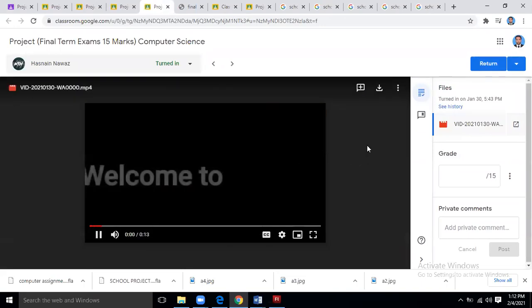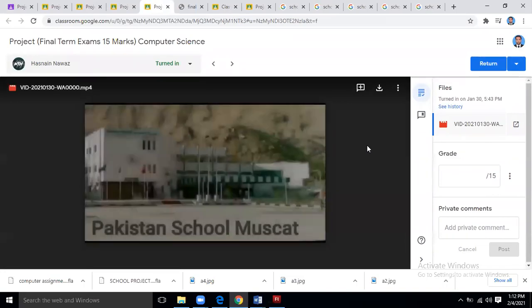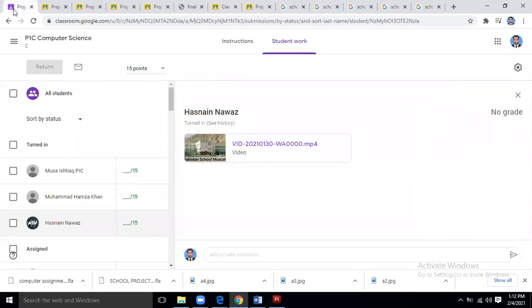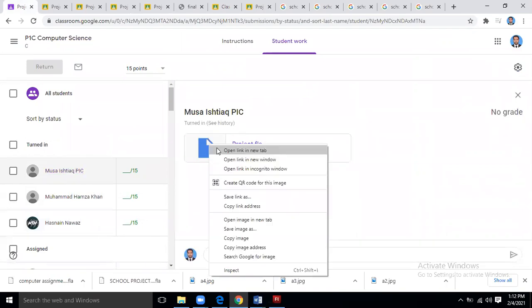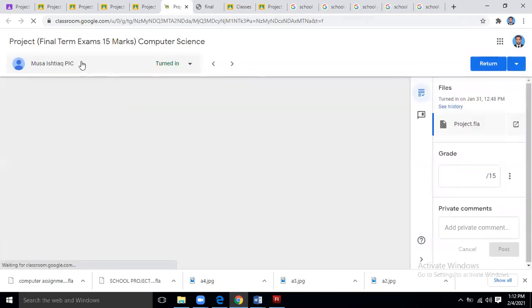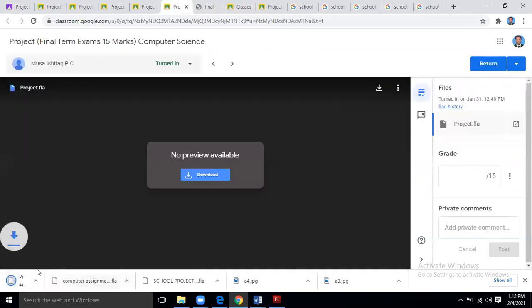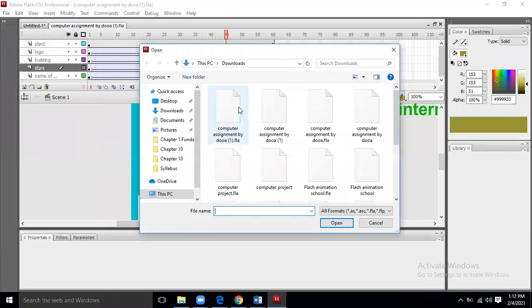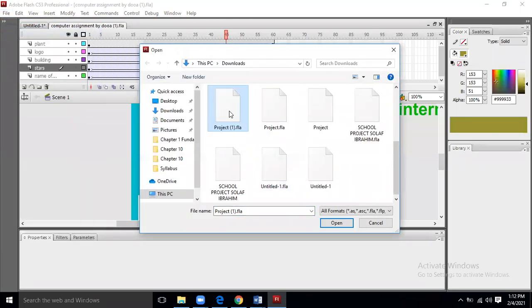Yeah, I think we had already seen this one as well, that it was creating a camera-like effect, that you are moving the camera from right to left. It is also good work. Always save your file with your name so that when we download it, your name should be there. Okay, just like this is project one. So I'll have to go and open project one. Where is project one? There it is.